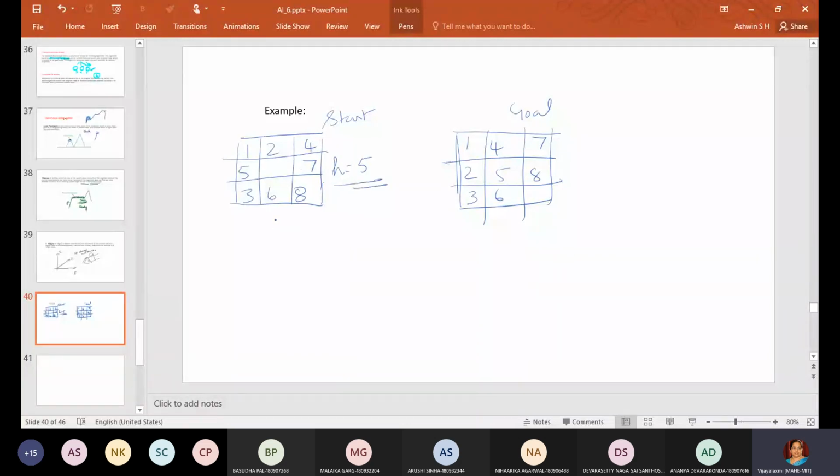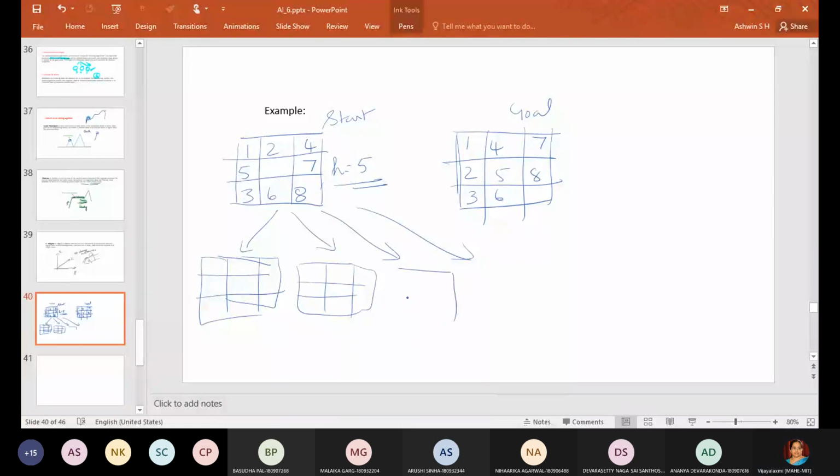Now you move this space in all the directions and write the next step. When you write the next step, I'll just take 2 or 3 and write. You can do it by yourself.